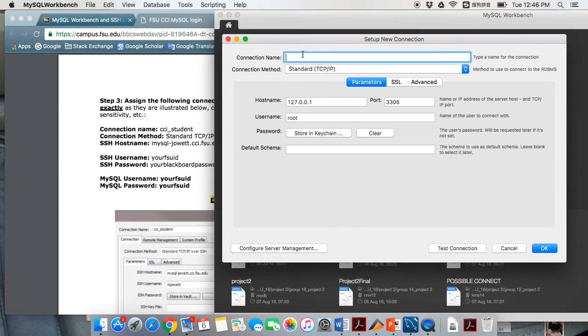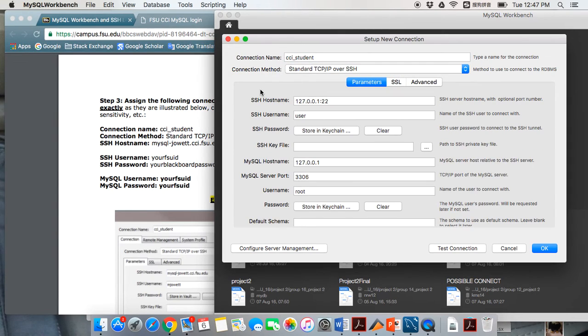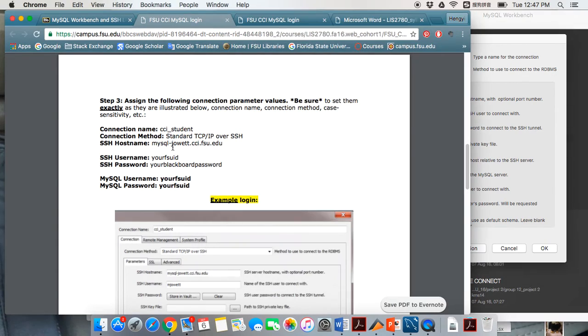setting up a new connection. Please be sure you first type the connection name before you pick the connection method. Otherwise, your MySQL Workbench might stop working. So please first type the connection name, and then choose the connection method as standard TCP/IP over SSH. And then for the SSH host name,